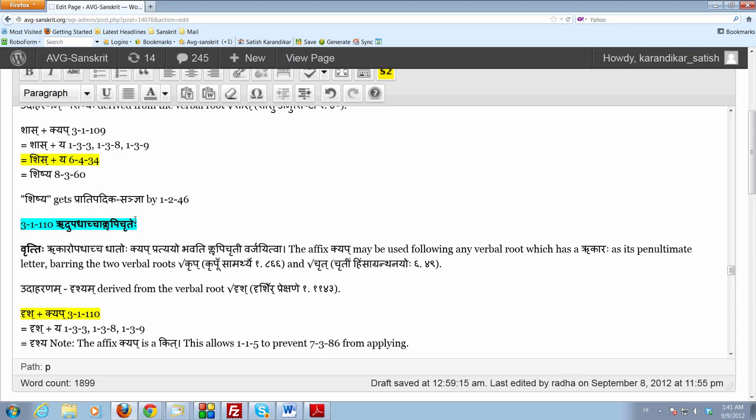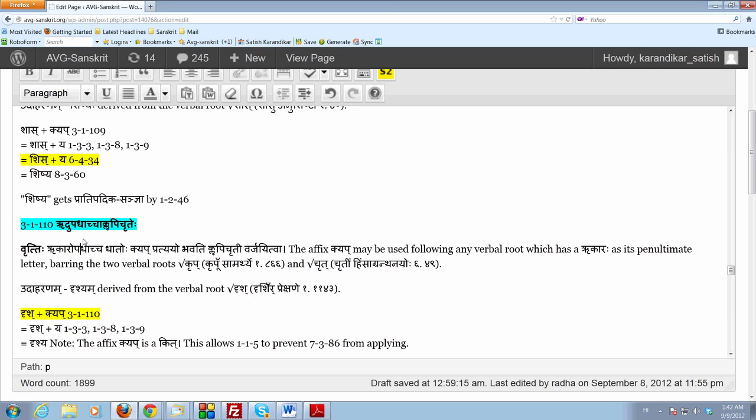What the sutram says is that rikaropadat dhatoho kya pratyaya bhavati, barring klrup and chrit. By this sutram, the dhatu vrish, which has a rikara as the penultimate letter, would have taken